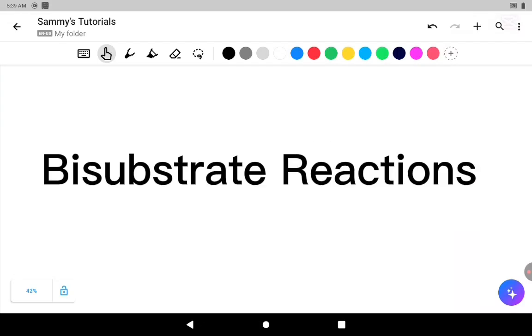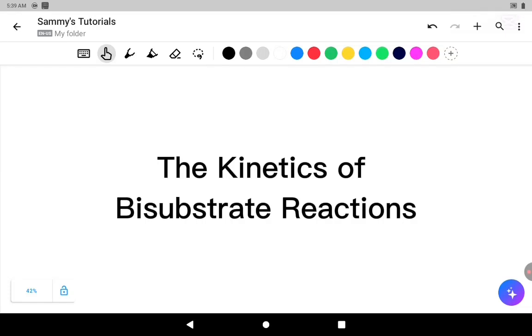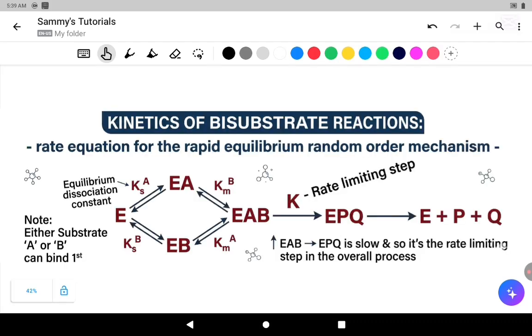Bisubstrate reactions. This is our second class, so today we are going to be talking about the kinetics of bisubstrate reactions. The first thing we are going to deal with is the rate equation for the rapid equilibrium random order mechanism. Now, I want you to be very attentive in this class because this requires a lot of attention to understand. Okay? So the first thing we are going to do in this particular derivation is to first of all